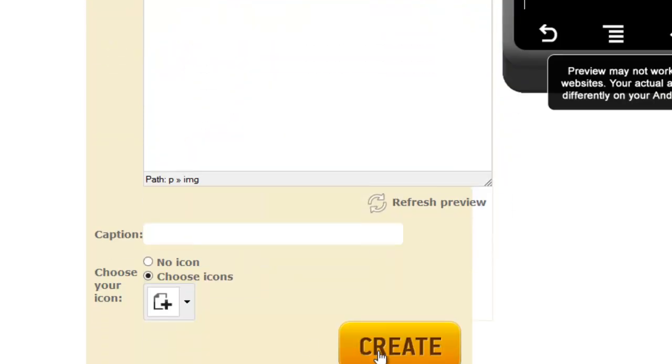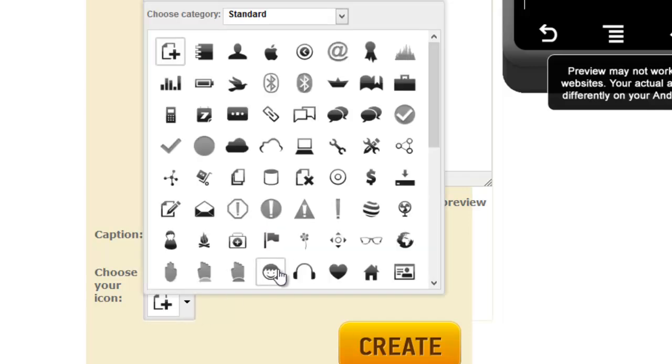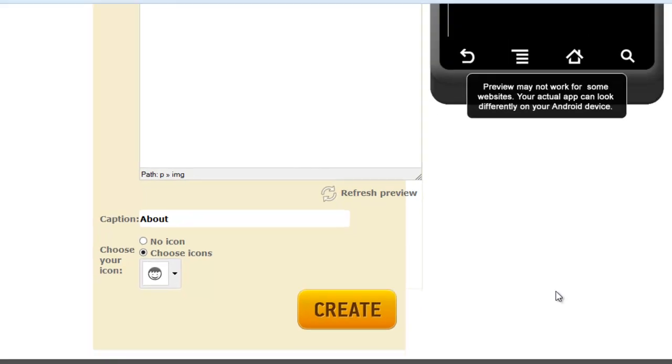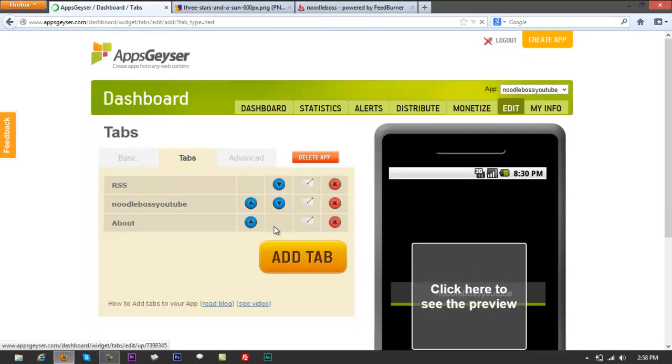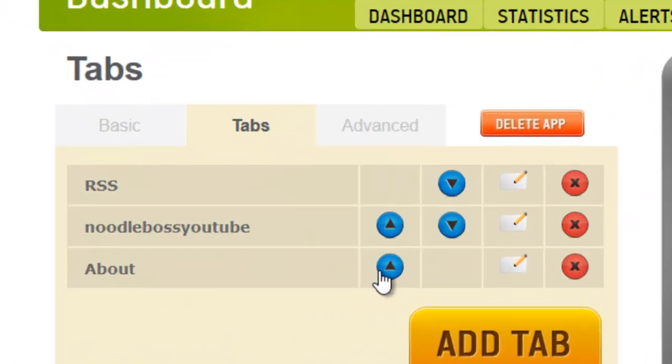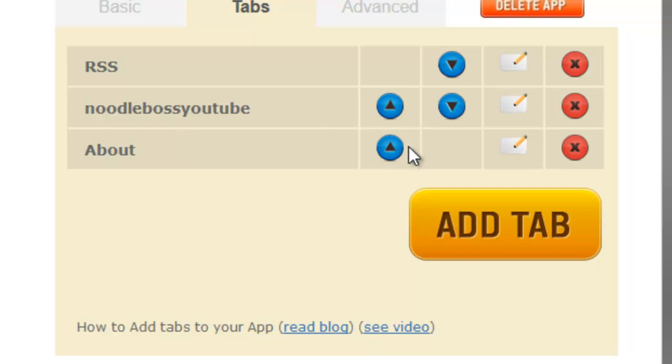Just click on create from here. Say about, and you could add icons. Let's change the icon. Let's say like that. Create, and bring about right on top. Oh no, let me just add one more. No, we're not going to bring about right on top. Just RSS, YouTube, about,